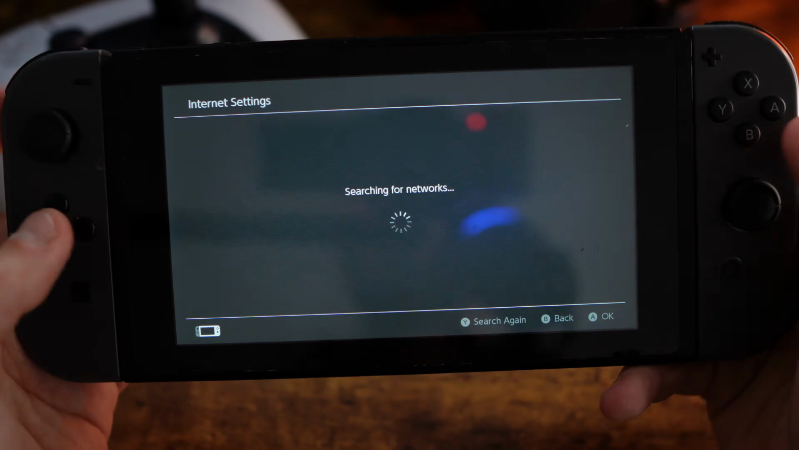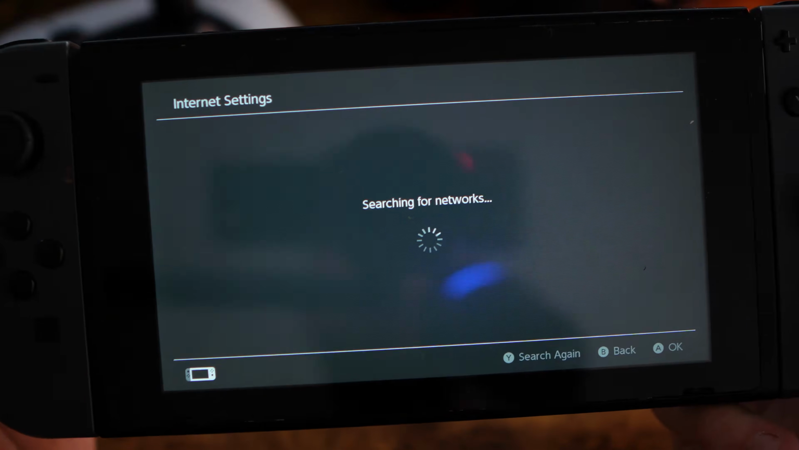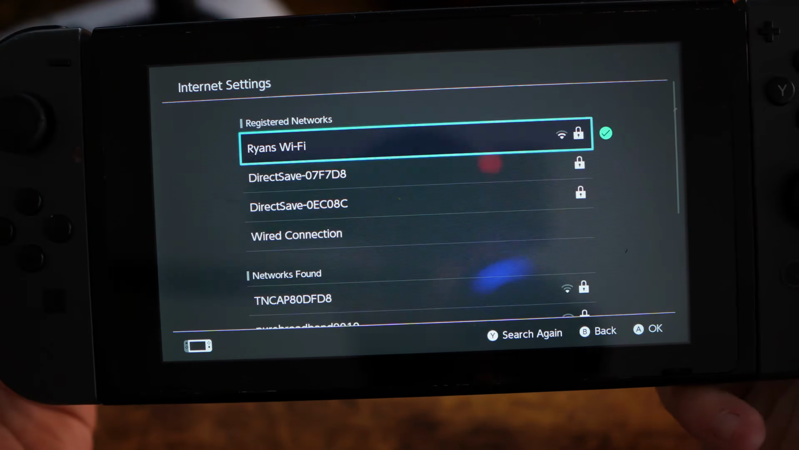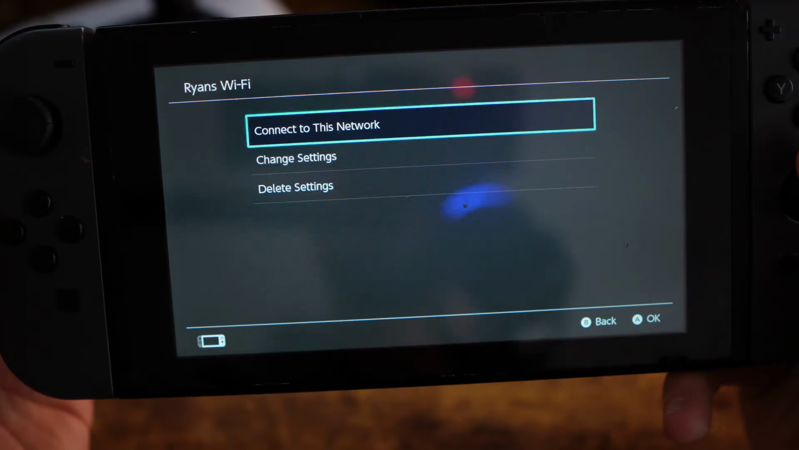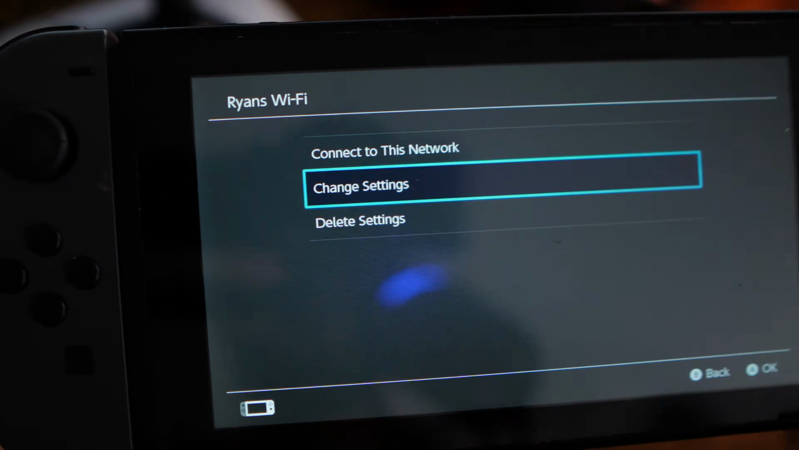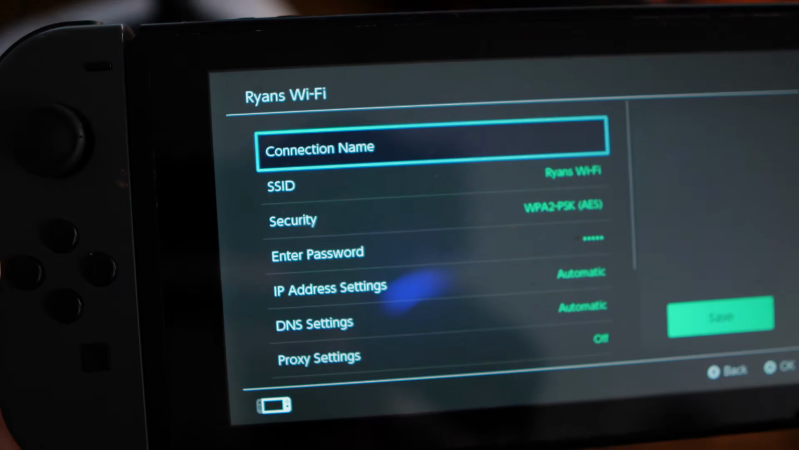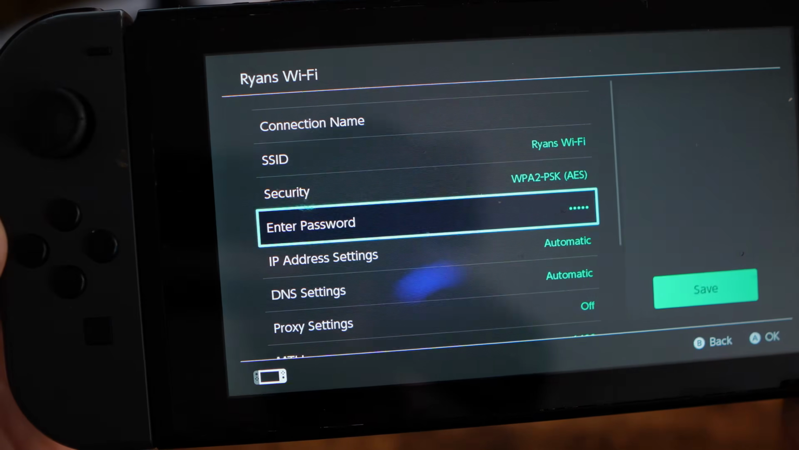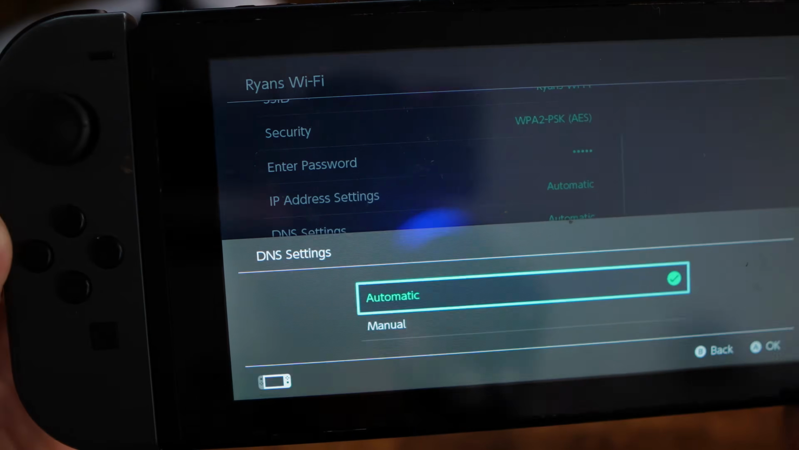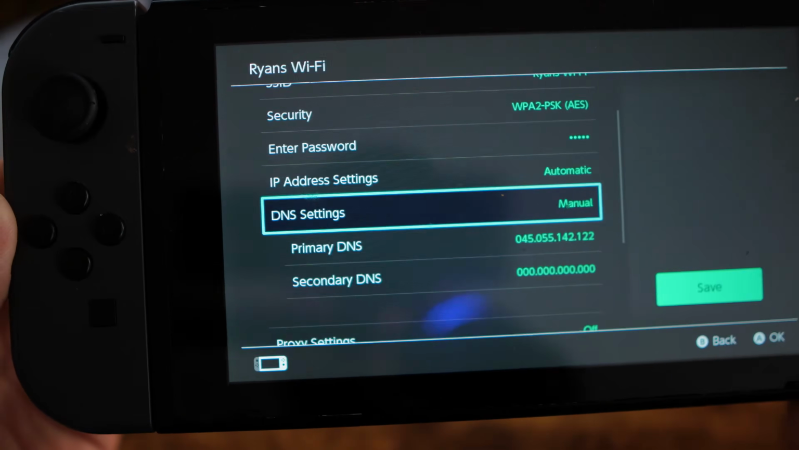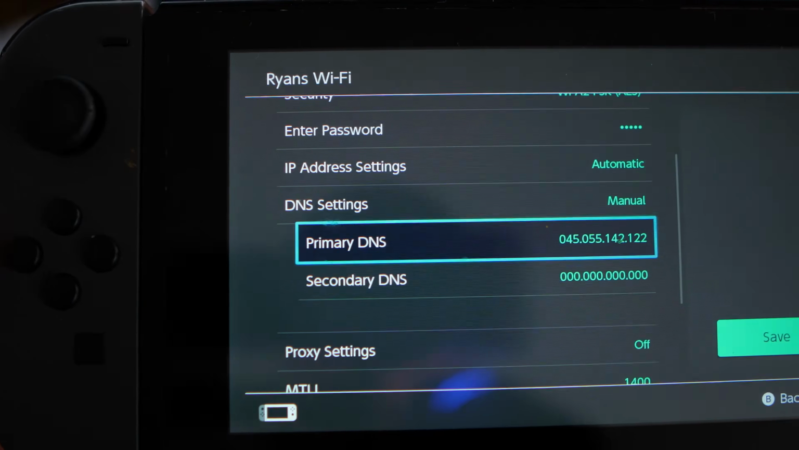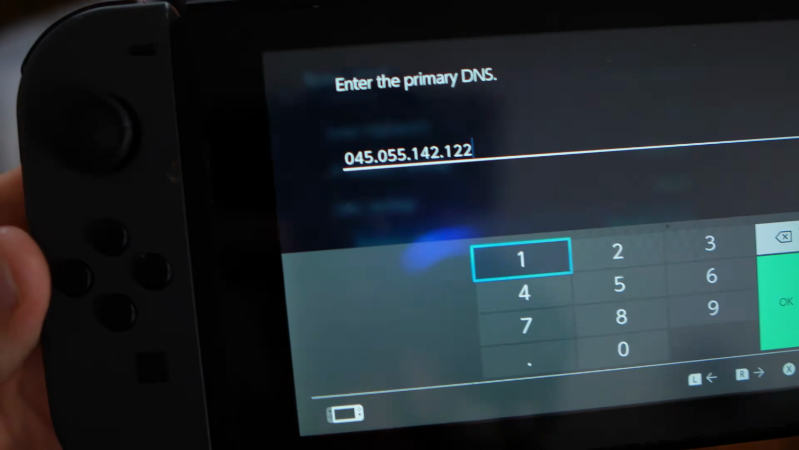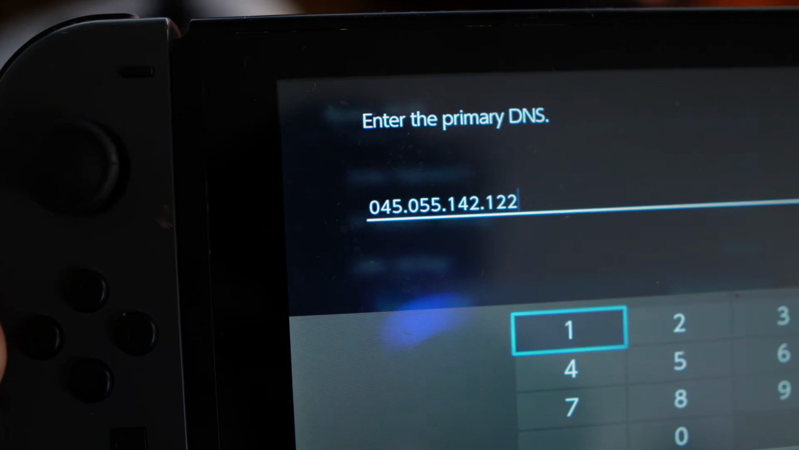And then once you are on this page, it will just search for your network. Now just wait a couple of moments, click on your Wi-Fi, and then go down to change settings. Now once we do this, go down to DNS settings, select manual, and then go to primary DNS, and enter in the primary DNS here. So